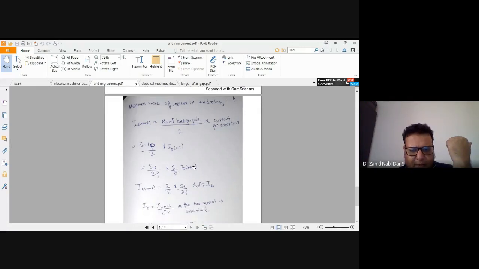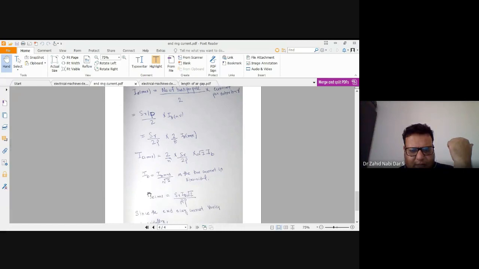So this IB max, in terms of RMS, if you have to establish, your IRMS is equal to IB max by root 2. Because usually we will take the RMS value, instead of IB max I'm writing IRMS. IRMS is IB max by root 2. So IB max is equal to root 2 into IRMS. So this root 2 into IB is that value only, this IRMS value. And another thing, SR by 2P is as it is, 2 by pi is as it is.